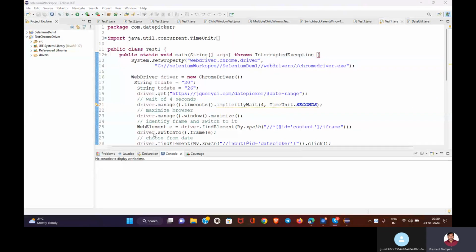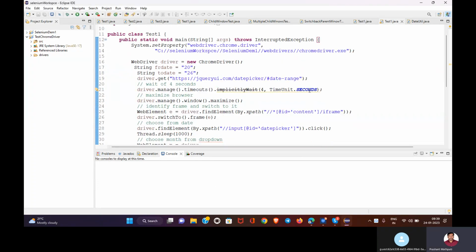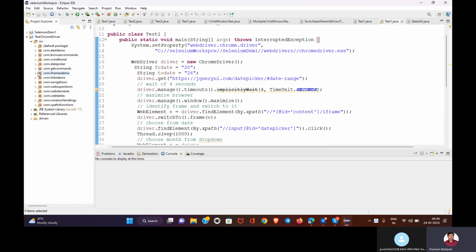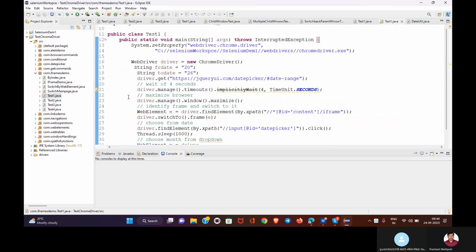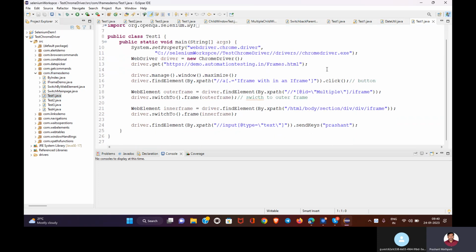So let's see here. I'm taking one example. So here the example is what? I have already created classes related to iframes. So I have a script to see here. This is a basic one. Yesterday we worked on this. So when I go to this iframe, go to this frame,